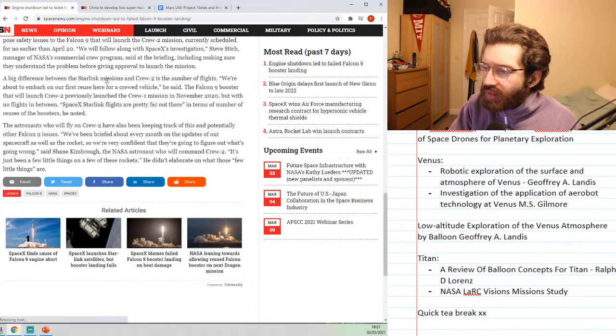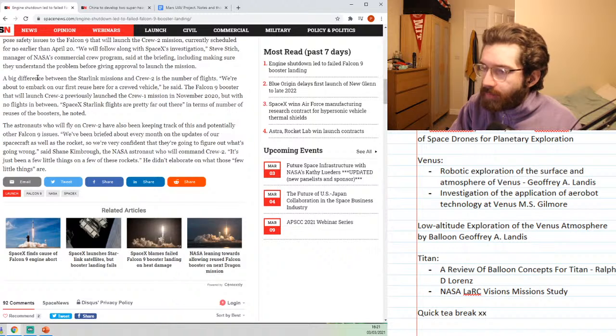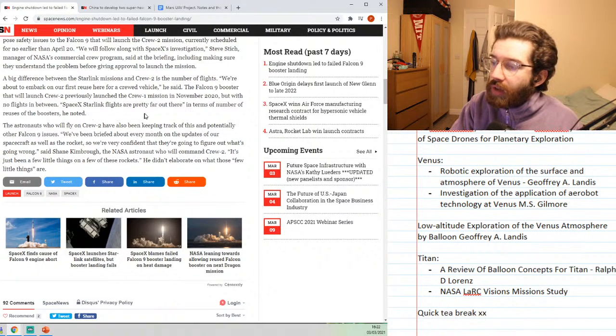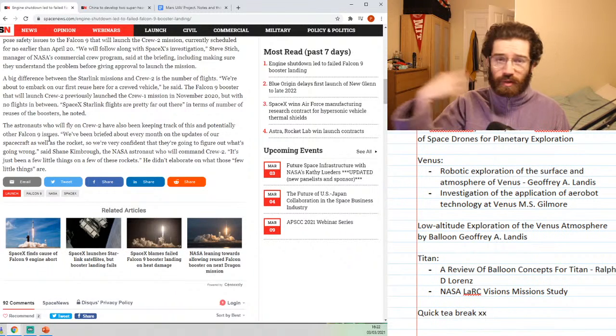The big difference between the Starlink missions and the Crew 2 is the number of flights. We're about to embark on our first reuse here for a crewed vehicle, he said. The F9 booster that will launch Crew 2 previously launched the Crew 1 mission in November 2020, but with no flights in between. SpaceX Starlink flights are pretty far out there in terms of the number of reuses of the